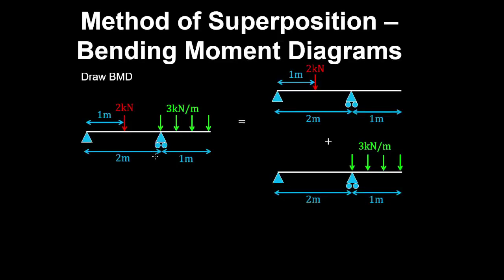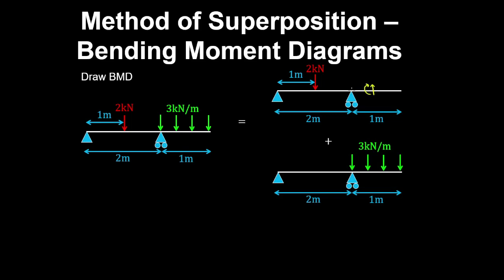The method of superposition can simplify plotting the bending moment diagram for a beam subjected to multiple different loads. So here we superimpose two cases where the beam is subjected to the point load and a uniformly distributed load. And if we look at this case, if you cut the beam from right to left,